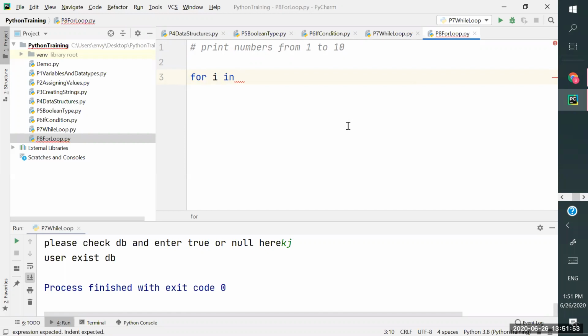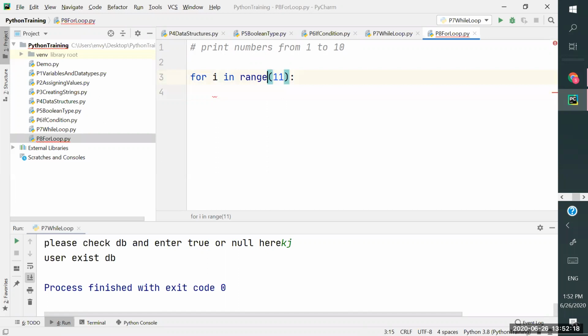What range does is automatically generate numbers based on the input you have given. If you give 1 comma 10 or 1 comma 11, range starts from 0, right? That's why n minus 1 will be generated. So if I don't give 1 here, it is going to give numbers from 0 to 10, right?